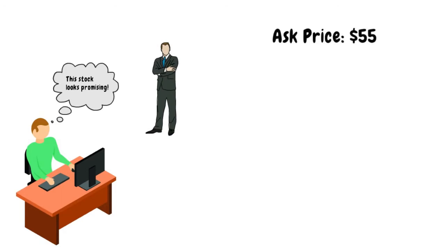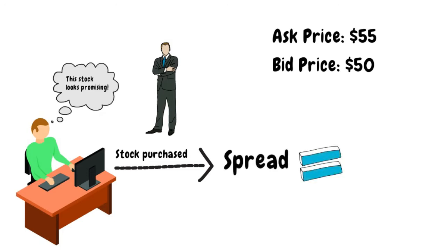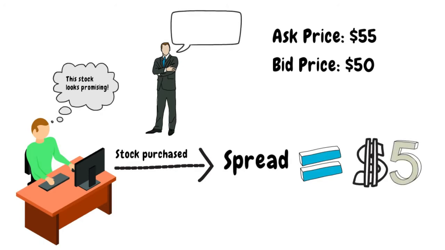For example, suppose you wanted to buy a stock and you instructed your broker accordingly. The market maker sets an ask price, remember that's for buying, of $55 per stock, and a bid price, for selling, of $50. Like any middleman dealer, they want to make a profit, and so let's assume you proceed to buy the stock for $55. Assuming the market maker bought the stock itself at $50, the difference of $5 is kept as profit. Market makers help to keep the stock market going by always offering quoted bid and ask prices.